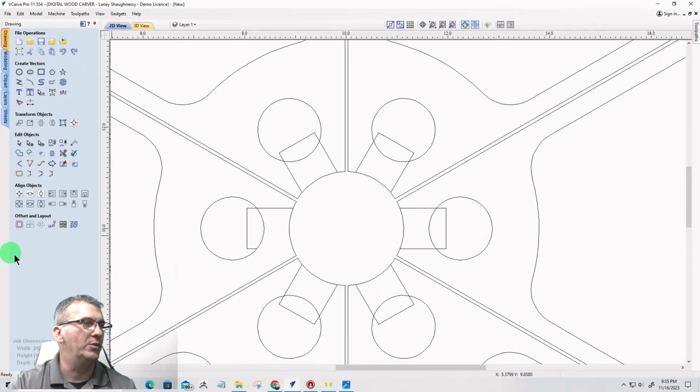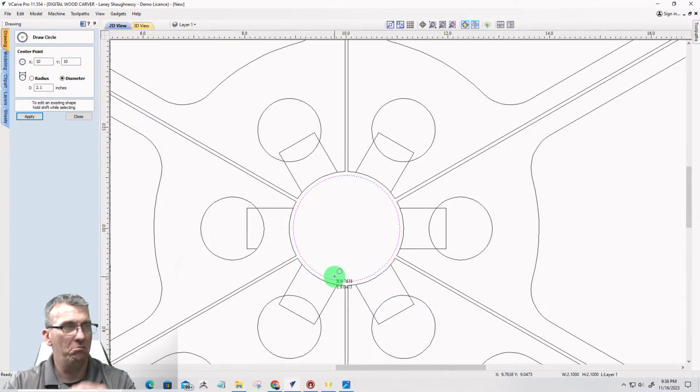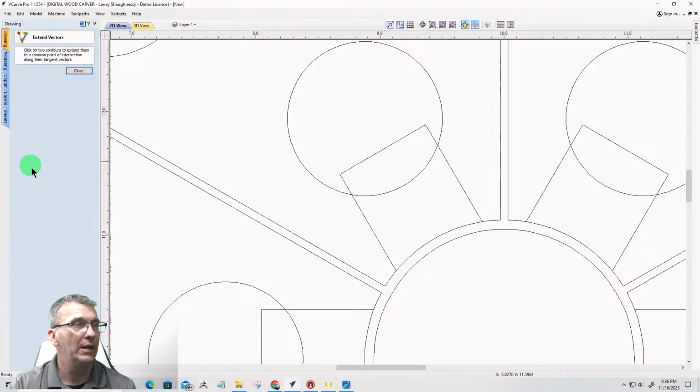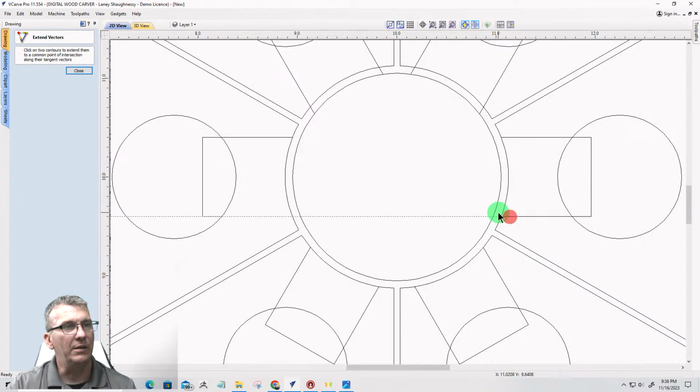So all I'm going to do is take a circle and draw that circle out just about there, right? And I'm going to take my extend tool right here, and I'm going to extend this line right here to that circle. I'm going to extend this line to that circle all the way around each of these lines, here to here, here to that circle, there to that circle,